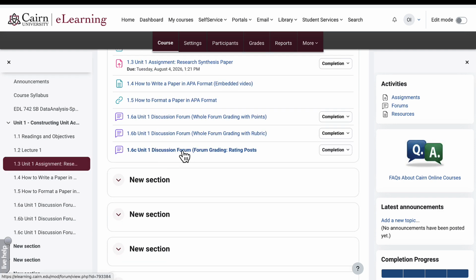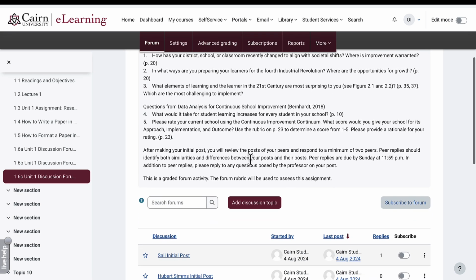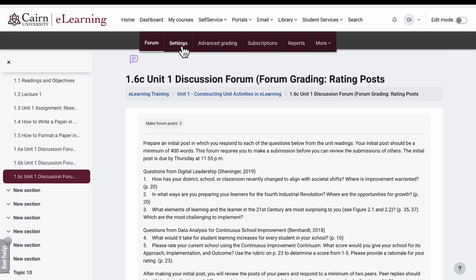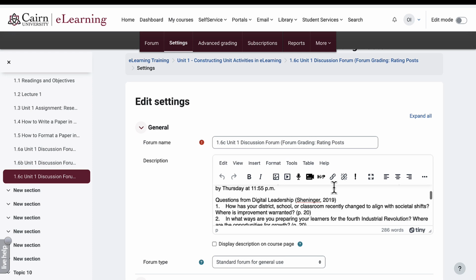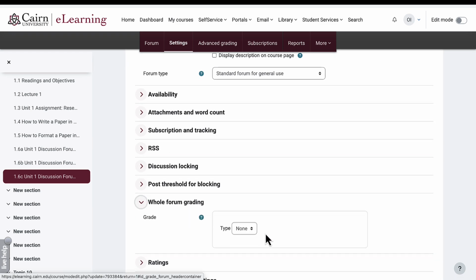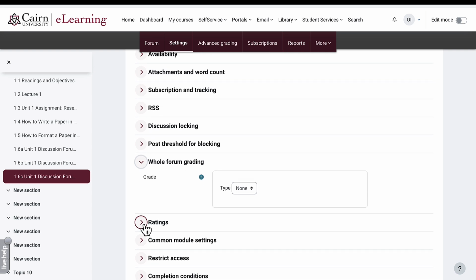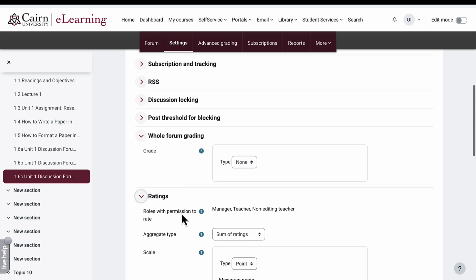So here is rating the actual separate posts. So we have the prompt, the initial prompt. If we go here to settings and scroll down, notice that whole forum grading is not enabled. We are not grading the whole forum in one shot here. We are going and grading each post. We are rating each post,